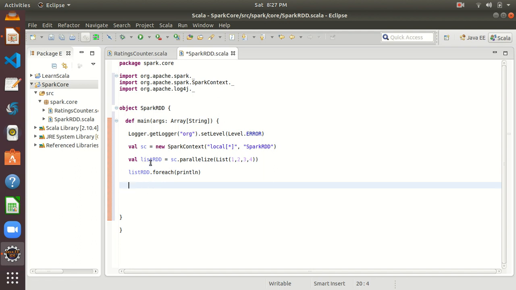Now, remember in my last video I showed you we have to perform transformations, and we can perform actions on that. So here we are going to perform a transformation. I want a square of each element, and I want to create a new RDD for that. For that, val squareRDD is equal to, now my source RDD will be listRDD